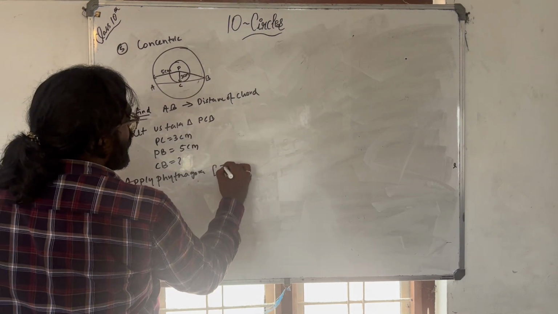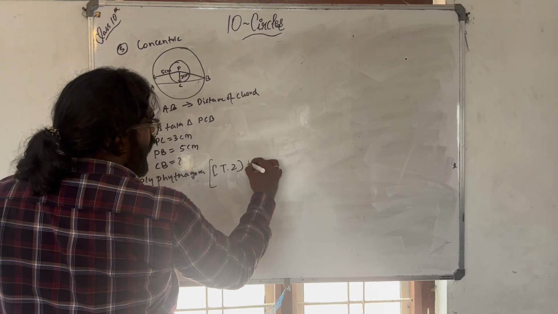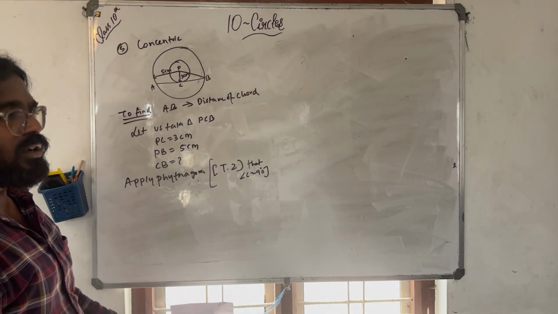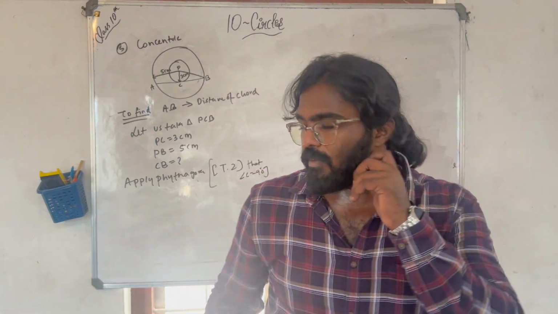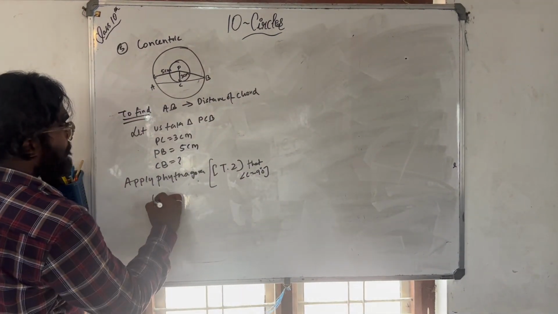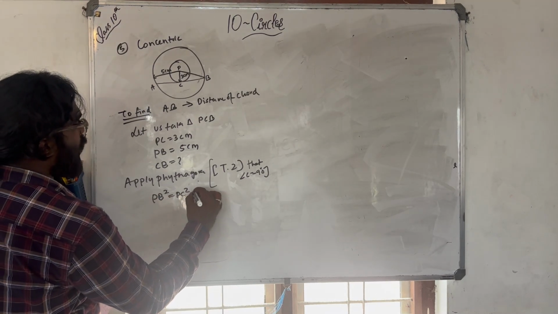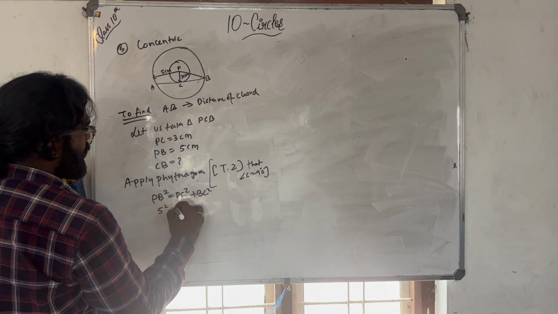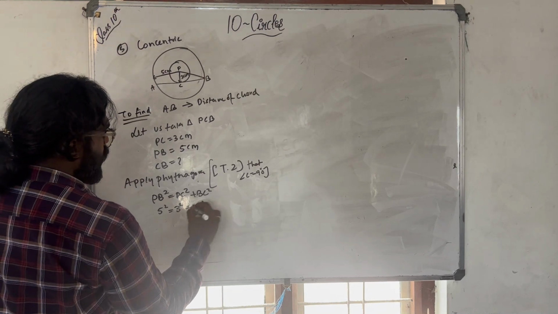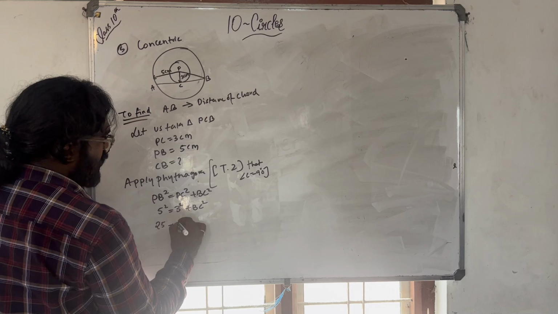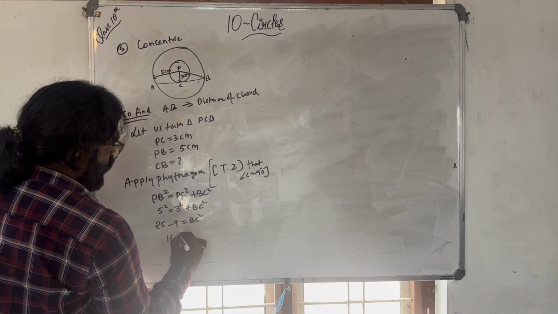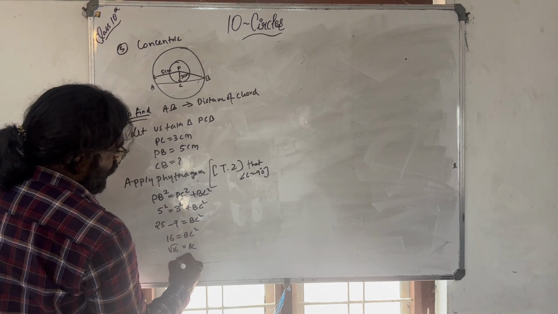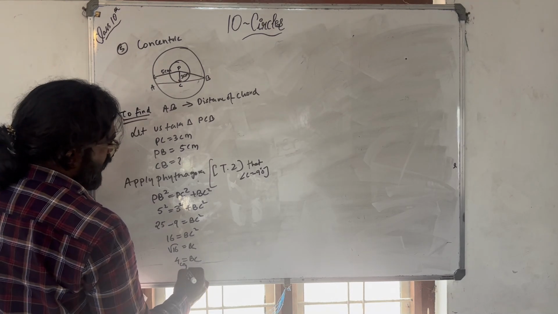बिकॉज यू नो बाय थियोरम 2, वी नो फ्रॉम थियोरम 2 दैट एंगल C इज 90 डिग्री, क्योंकि वो एक टैंजेंट है, वो टैंजेंट का पॉइंट ऑफ कांटेक्ट एक सर्कल में है, तो वो थियरम 1 को फॉलो करता है। सो व्हाट वी डू इज PB स्क्वायर इज इक्वल टू PC स्क्वायर प्लस BC स्क्वायर। तो PB स्क्वायर कितना है हमारा, PB है 5 का स्क्वायर इज इक्वल टू PC 3 का स्क्वायर प्लस BC का स्क्वायर। तो 25 माइनस 9 इज इक्वल टू BC स्क्वायर। तो आएगा 16 इज इक्वल टू BC स्क्वायर। होल रूट ऑफ 16 इज इक्वल टू BC, तो आएगा 4 इज इक्वल टू BC। 4 सेंटीमीटर बोलना नहीं।